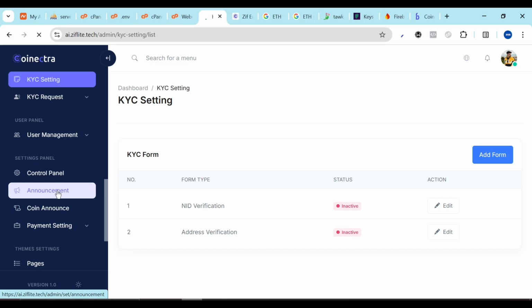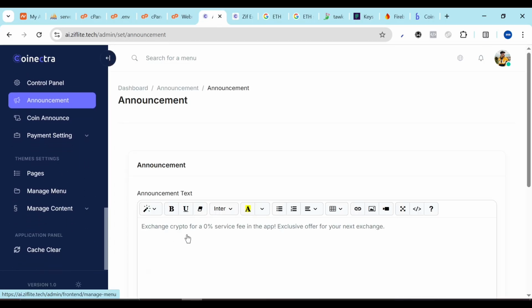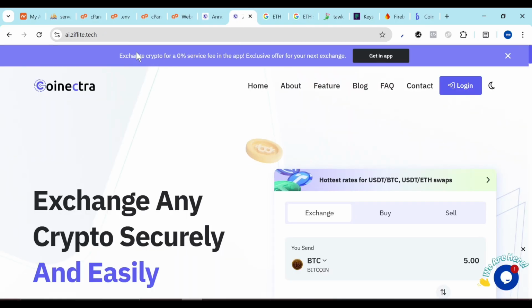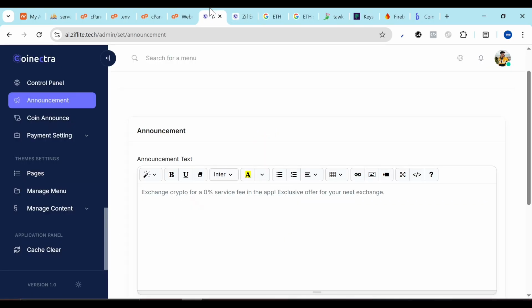So that being said, you could check the requests and all user management, usually for all your users, and your announcements. Now, these announcements, let me show you what it is. So it says exchange crypto for 0% on fee and all. When you come to the front end of the site, you see this general thing here. You click on get app. So this is your announcement. For me, what I'm going to put is just please